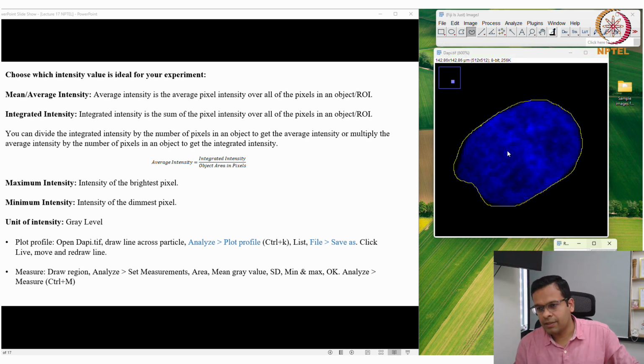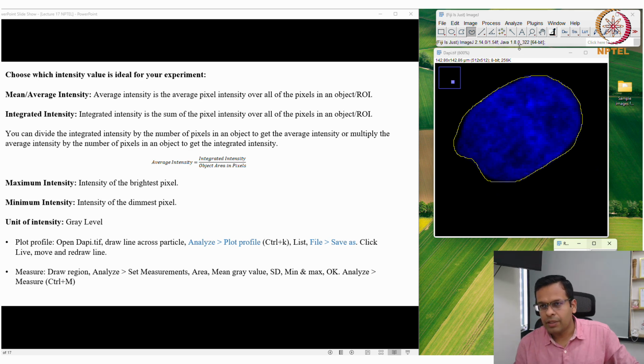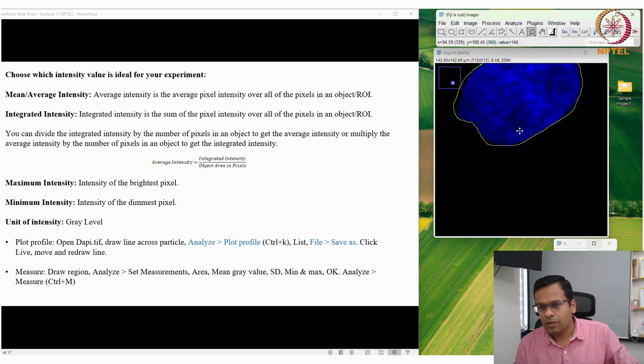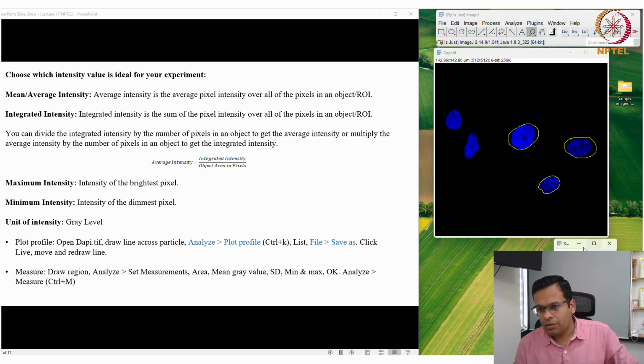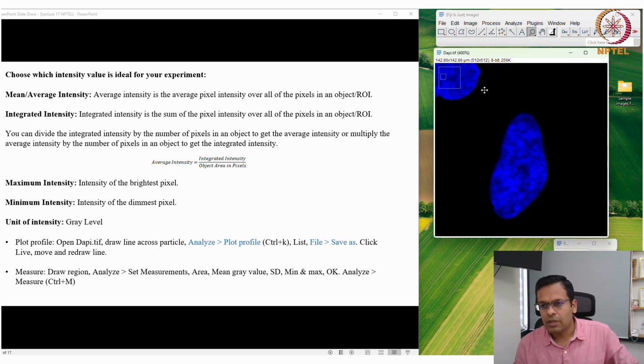I'll add this as ROI 3, then show all, and again I will zoom in on this nucleus. I will make the ROI like this, region of interest.